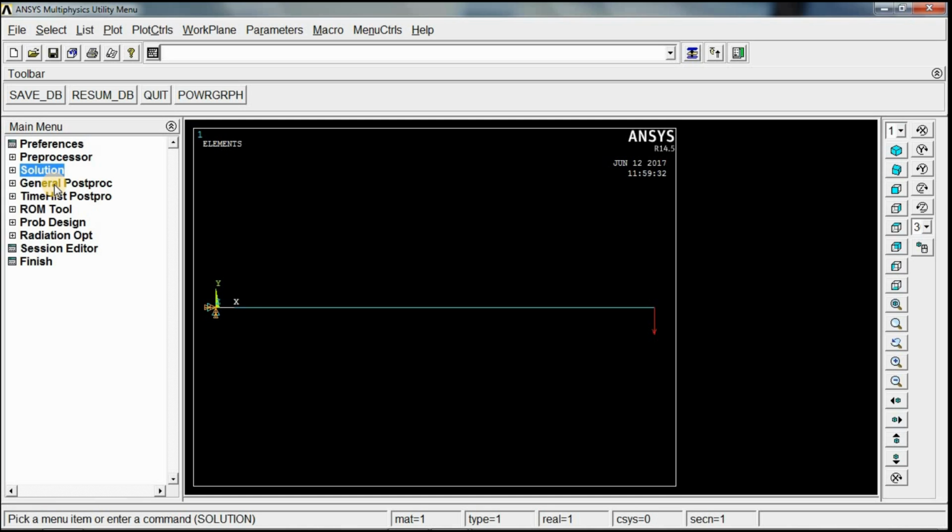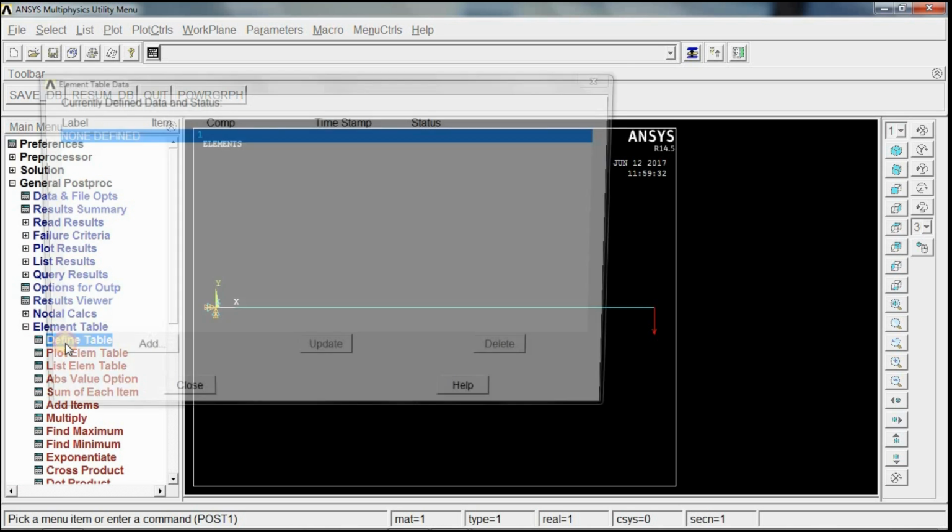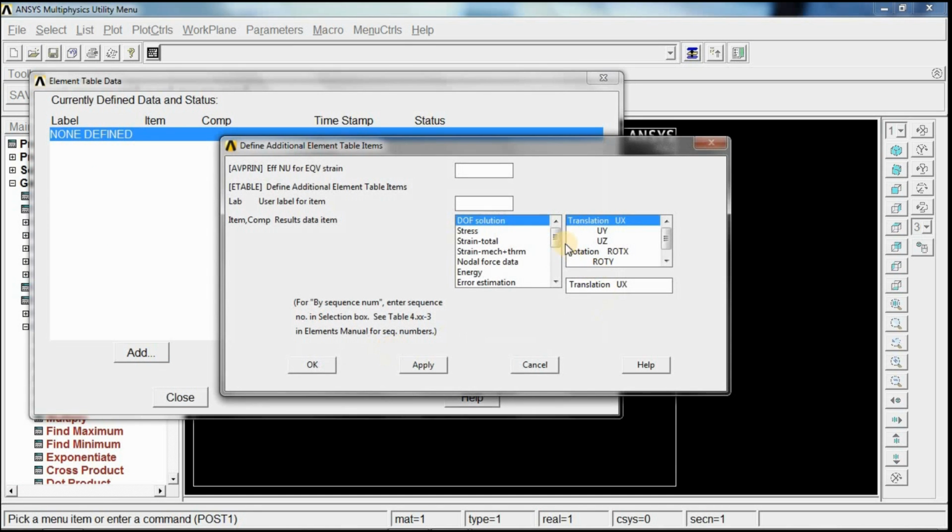To get that, go to general postprocessor, select element table, define table, click add, scroll this down and select by sequence number. By default it will be at SMISC, you just have to give the number here. In SMISC, there are 4 sets, that is 3, 6, 16 and 19.